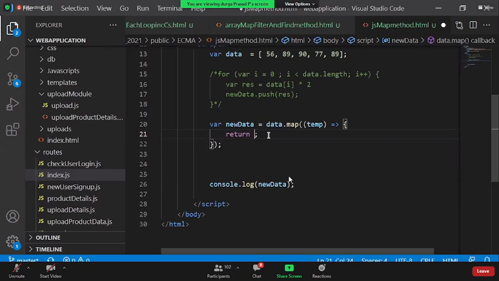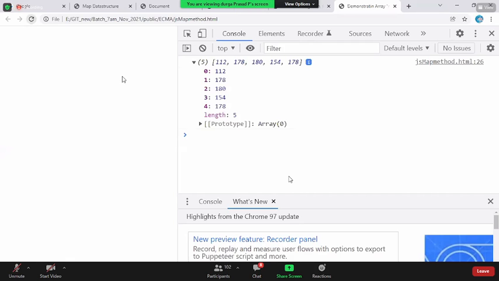But right now I say return temp modulus 2. Now if you come back and see the array, wherever you have a 0, that is an even number, and wherever you don't have a 0, that is an odd number.